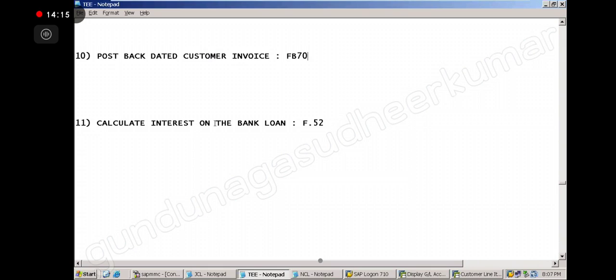Calculate interest on the customer overdue item. Right? That is the T code. Hold on. Calculate interest on the customer overdue item, that is FINT.